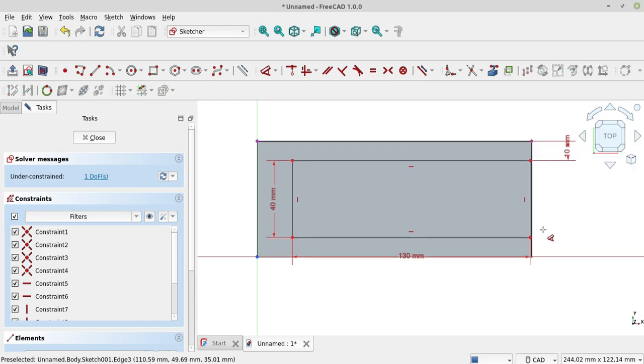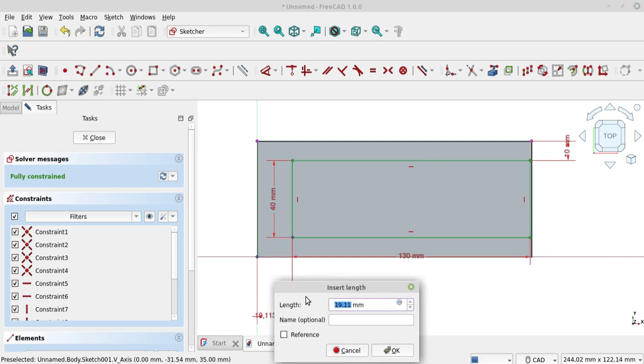After that, we can check the dimension on this side and make the dimension the same, 10 millimeter. Click OK.